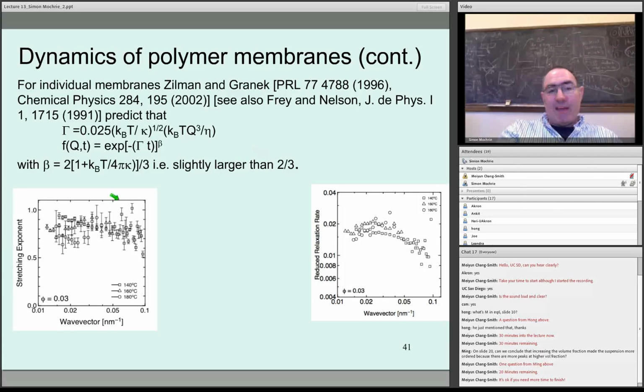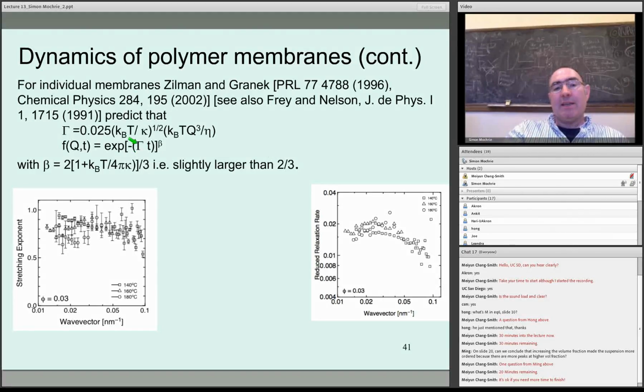If we fit it, this shows the results of those fits. It fits to a value of about 0.8, sort of exactly as predicted. Well, slightly larger than 2/3, 0.8. I'm just going to say that they're the same thing. In addition, the